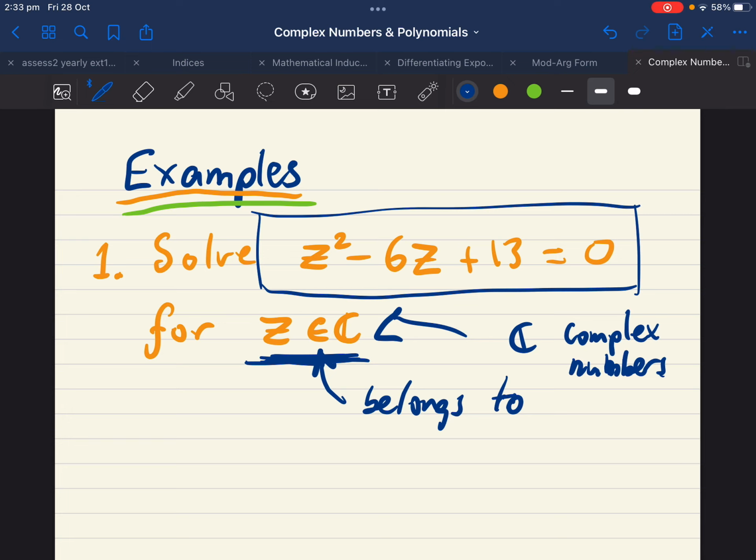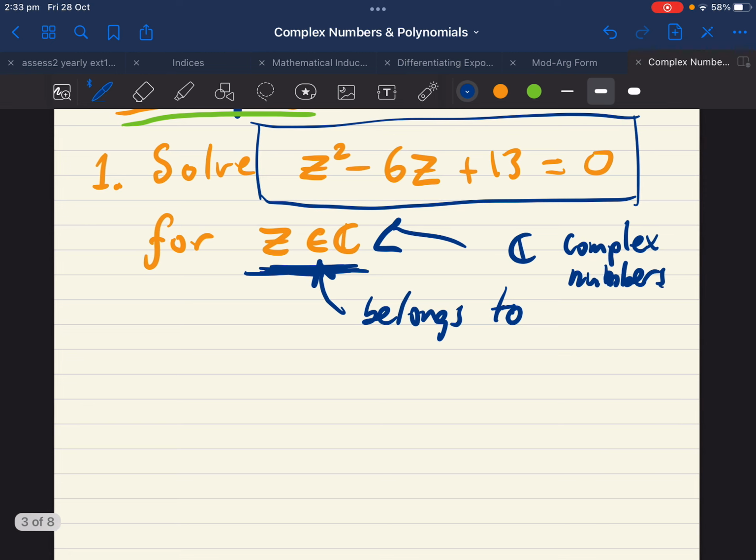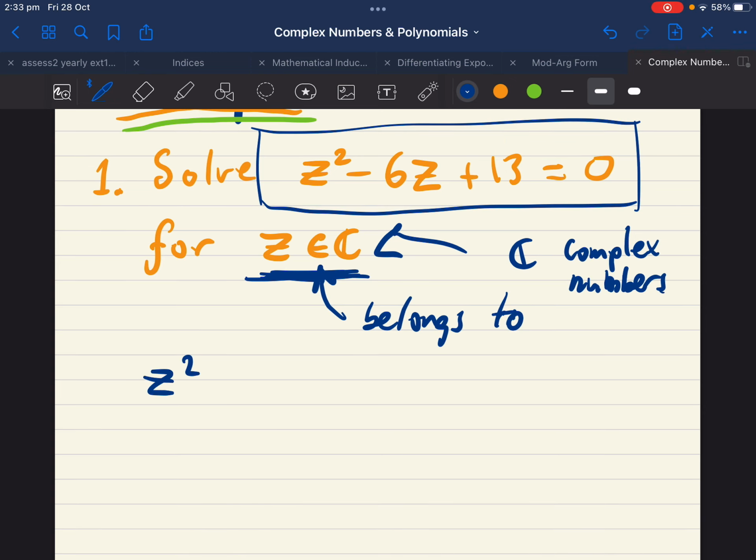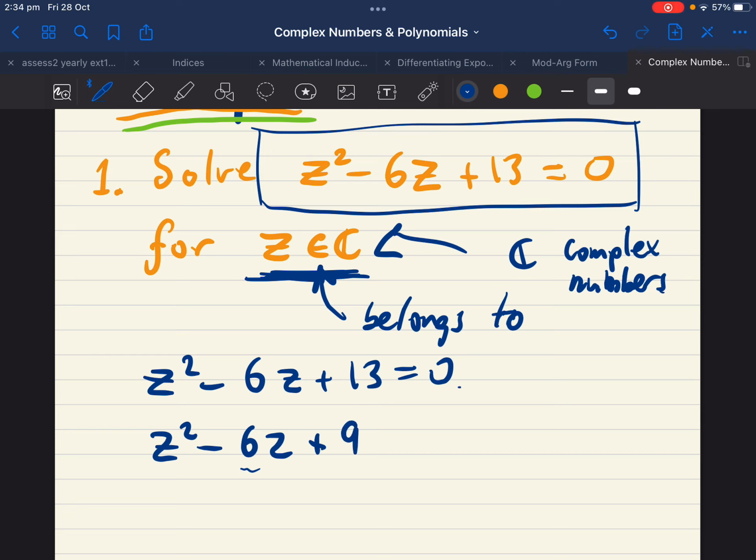All right, so there's a couple of different methods you could use for solving this particular equation. We're going to start off with my personal favorite and what I'd definitely consider to be the most elegant, and that would be completing the square. So I've got z squared minus 6z, and I'm going to complete the square. What do I need? Take the middle term, halve it and square it. We need a plus 9. So to complete the square, I need a plus 9 here. So technically what I'm going to do is split this 13 up into a 9 plus 4,